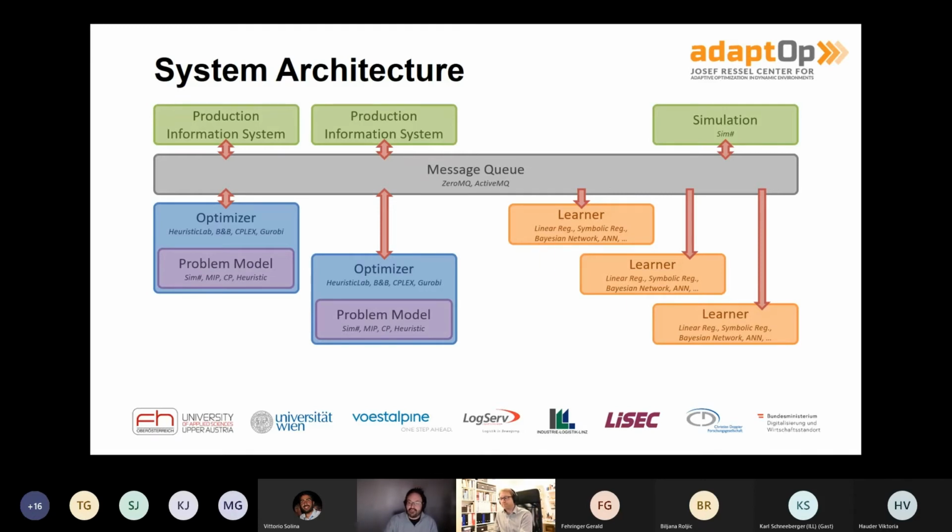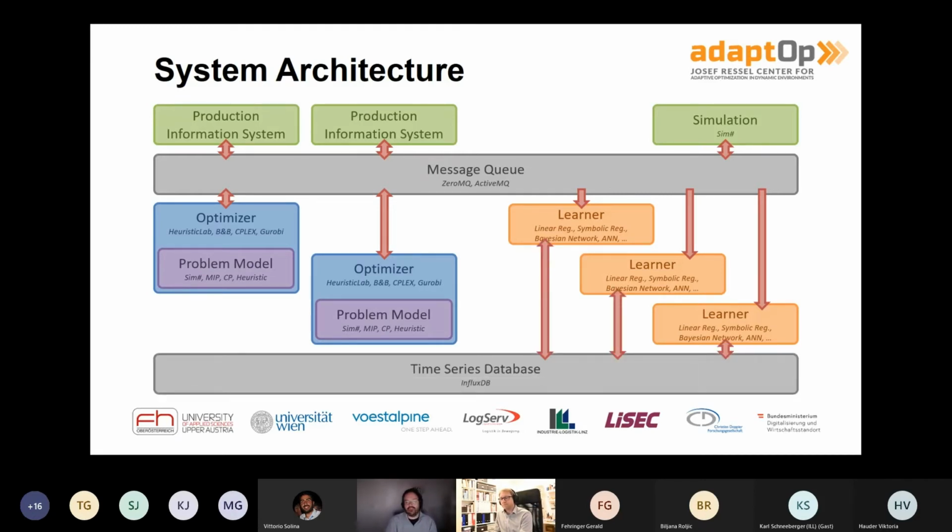And the learners push information about these different events to a time series database. In our case, we use InfluxDB in that context. So we have a time series database where we can protocol all the different change events that occur, and we can also predict future change events on this time scale that the time series database provides. That's why we have two-headed arrows here from the learner to the time series database, because they push the observed events to the time series database, but they also retrieve the historical events and try to build models to predict future change events